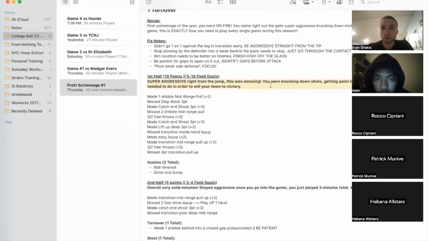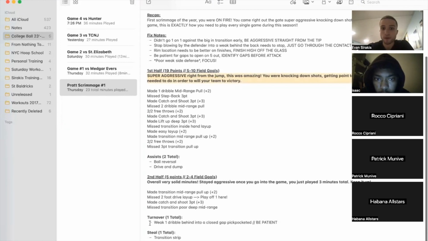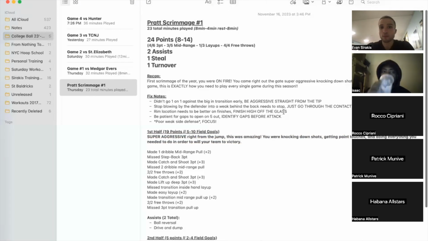And then the same thing: you just show little recaps of the half. And then the same thing with turnovers. You can see your reoccurring themes on the turnovers and your steals. It's a very simple format, but if you do this every single game,